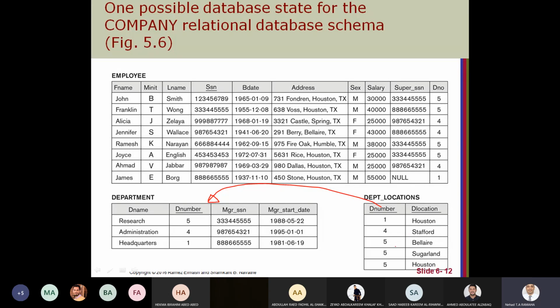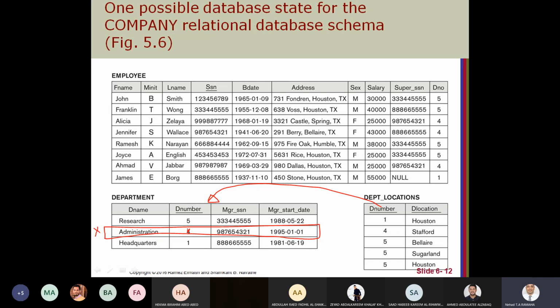If we are trying to delete department number 4 here in the parent table, this causes a violation of the referential integrity.